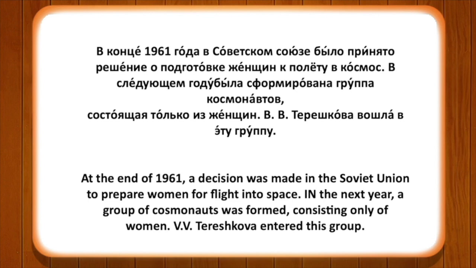1961 года. If without конце, then в 1961 году. So this concept you also need to remember while using them in your own text or vocabulary. В Советском Союзе. So Советский Союз, which means Soviet Union, changes after the usage of the preposition в into в Советском Союзе было принято решение о подготовке женщин к полету в космос. Решение means decision was taken about подготовке женщин, the training or induction of women in the flight to cosmos, like